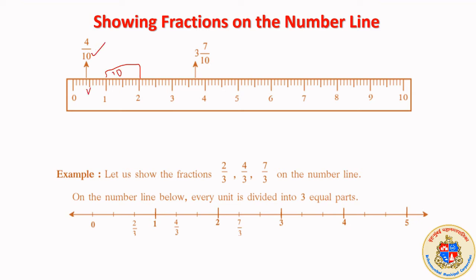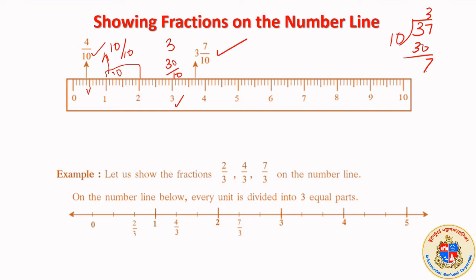This is marked as fourth unit, 1, 2, 3, 4 upon 10. As it reaches over here, the count increases. When it reaches this particular point, it will be 10 upon 10. Here it is 37 upon 10, because here it is 30 upon 10, and that is equal to 3. Understood? So that's why fraction is important. 30 upon 10 can be written as 3, and here it is 37 upon 10. 37 upon 10 means 37 divided by 10. 3 tens are 30, and the remainder is 7. So it is written like this.